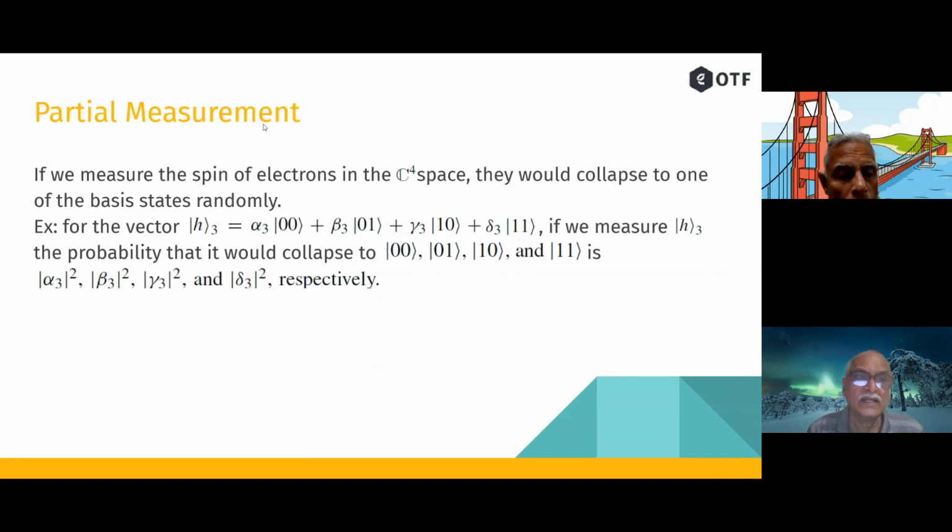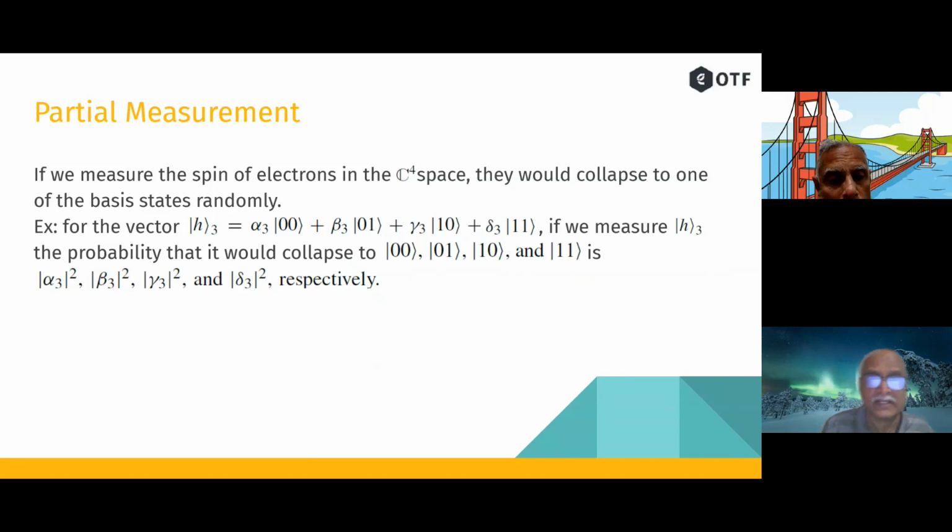I can now say that for any vector, let us say we are considering the H3 space, and obviously H3 space is defined as a C4 space from H1 and H2. Then I would have these 4 basis states 0,0, 0,1, 1,0, 1,1 defined by their ket notations, and alpha 3, beta 3, gamma 3 and delta 3 typically would be the coefficients out there. And if at all we measure, let us say, H3,